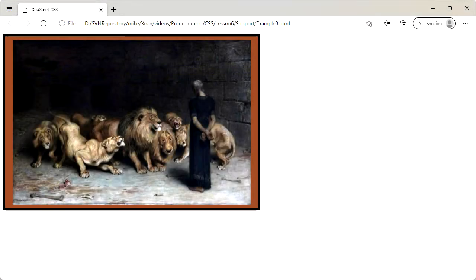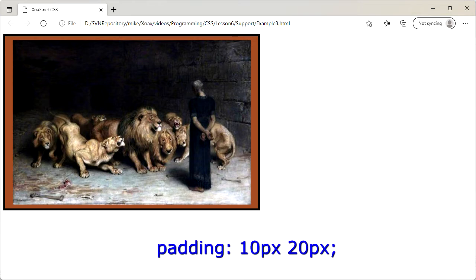Opening this document, we see that the padding on the top and bottom is the same. Likewise, the padding on the sides is the same. The top and bottom are both 10 pixels, as defined by the first padding value, and the sides are both 20 pixels, as defined by the second value. This finishes off all of the cases, since the last case, one value, defines the padding for all four sides